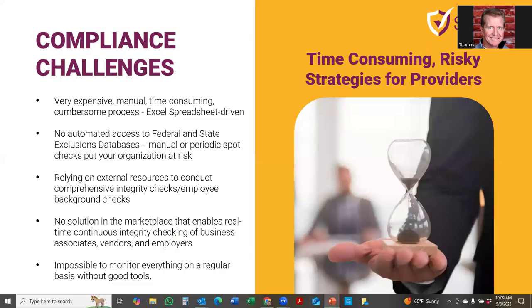So what are some of the significant challenges that you may face in this? Certainly, it can be a very expensive and manual process. Many folks are doing this on spreadsheets, or doing consistent or maybe inconsistent checks. There's really not much automated access to the federal and state exclusion databases. There are manual or periodic checks that are put in place. Sometimes you're relying on external resources to conduct those comprehensive integrity checks and background checks, keeping in mind that those